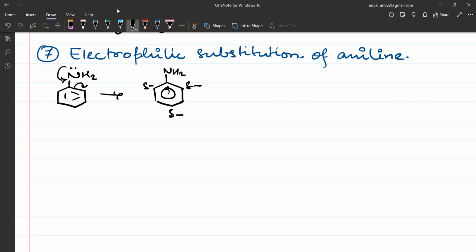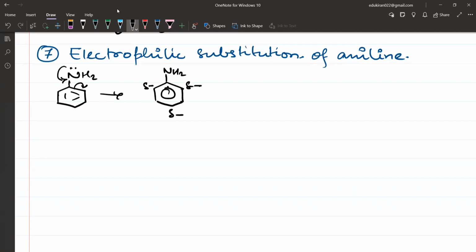So it is an electron donating group. It is an activating group, and it is a very activating group. Why is it a very activating group? Because nitrogen has a lone pair of electrons, and if I compare nitrogen to oxygen, nitrogen is going to be even more available for giving electrons. Why? Because nitrogen is less electronegative. If it is less electronegative, it can give electrons quite easily. So it activates the benzene ring so much,